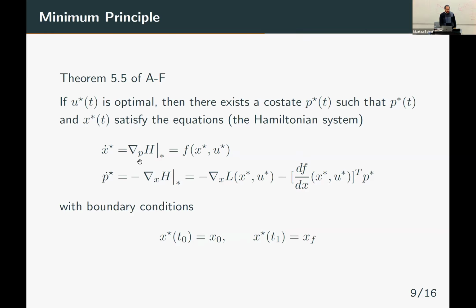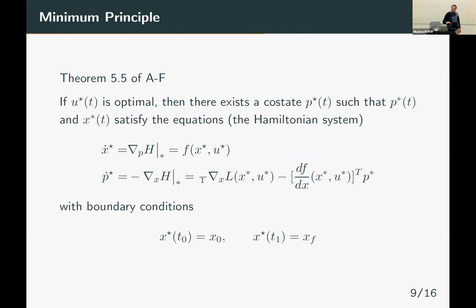And because here we are given the final state, we don't need, and we are not going to use, a boundary condition on the P. So the boundary conditions that are needed are both coming from the x. So you have x at t0 and x at t1. These two are known and given, and we are going to use them to solve for U star. Remember, our goal always is to find U star, the optimal controller that will solve the problem. That is our goal. Any question up to this point?